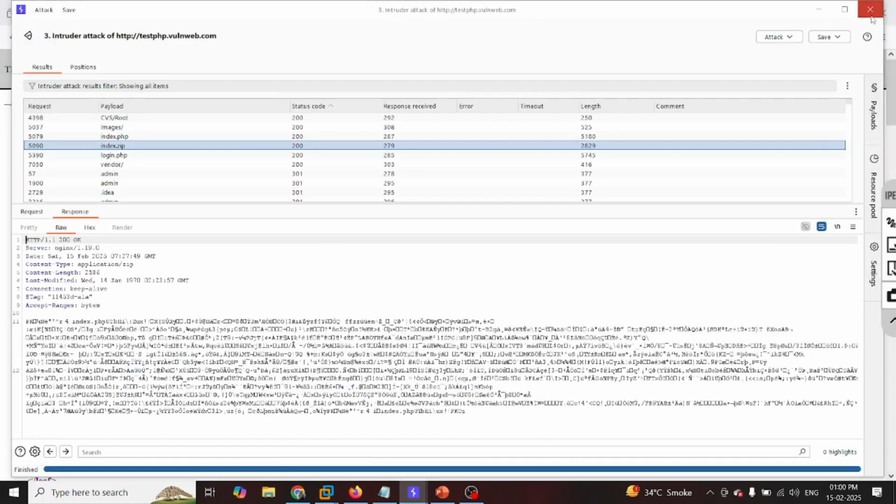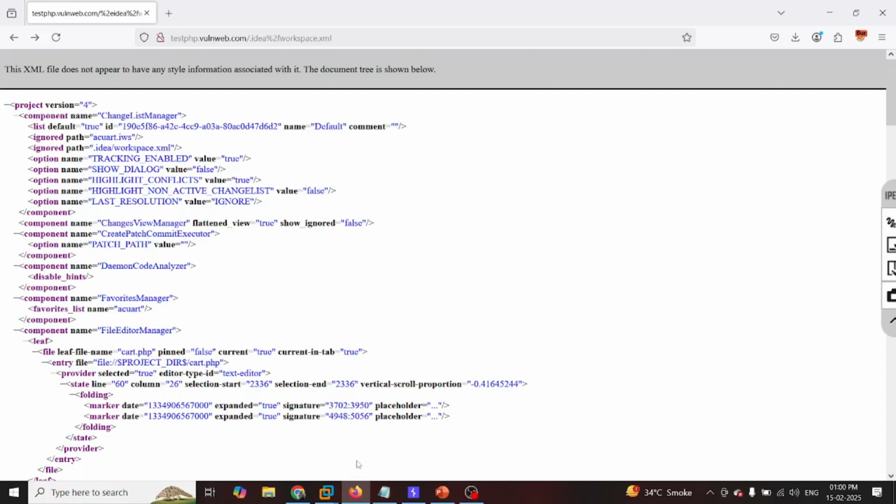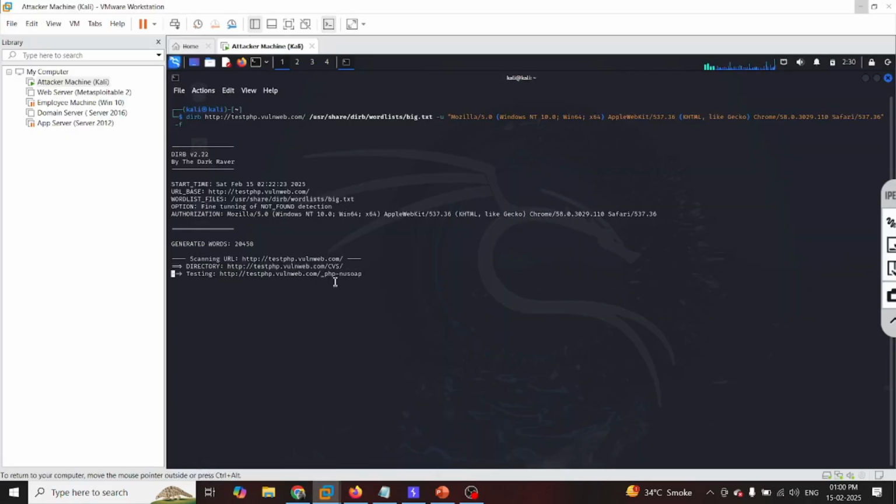Let's go ahead and see what other response we are going to get in our Kali Linux. Okay, so the brute forcing is still going on, right? So guys, it will brute force all the 20,458 directories and will show us only what has some sort of output, including 403 or 301 or 200.